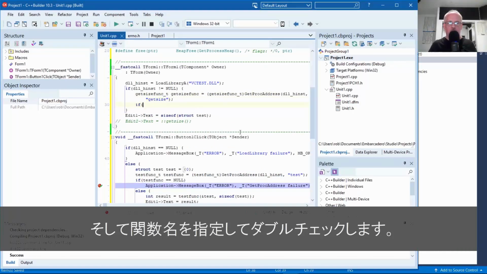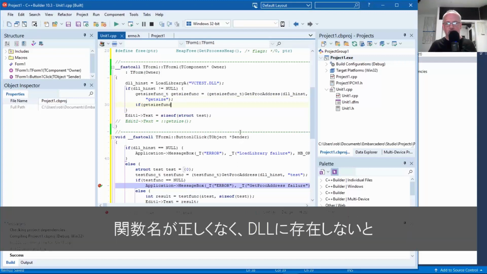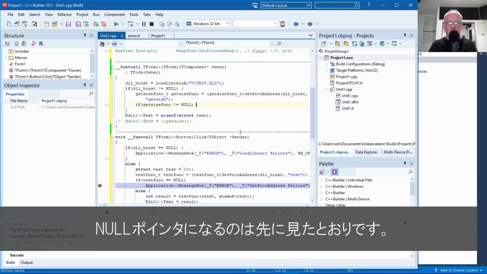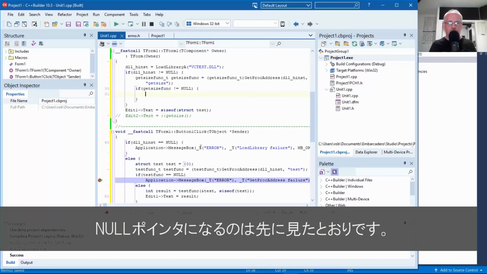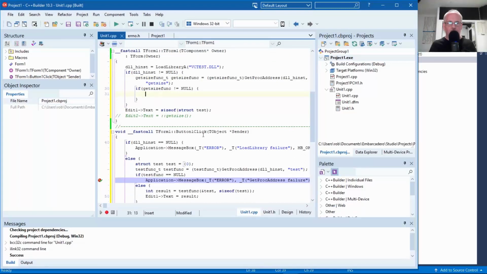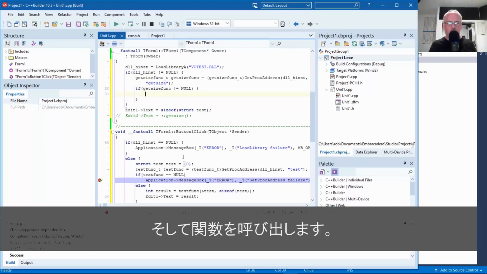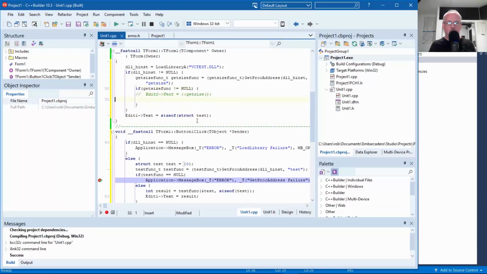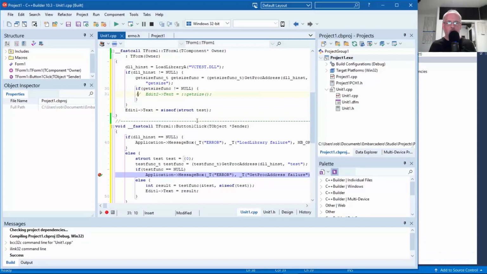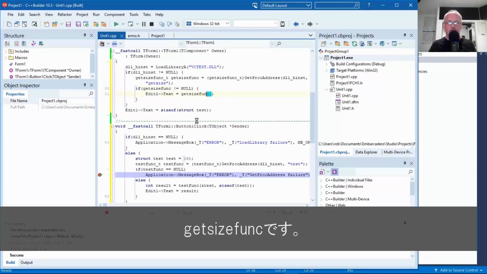And then we'll double check that that didn't fail. If the function's got the wrong name, it doesn't exist in the DLL, then we don't want to dereference a null pointer, as I demonstrated earlier. And then you would want to call the function, set the value. Get size func.